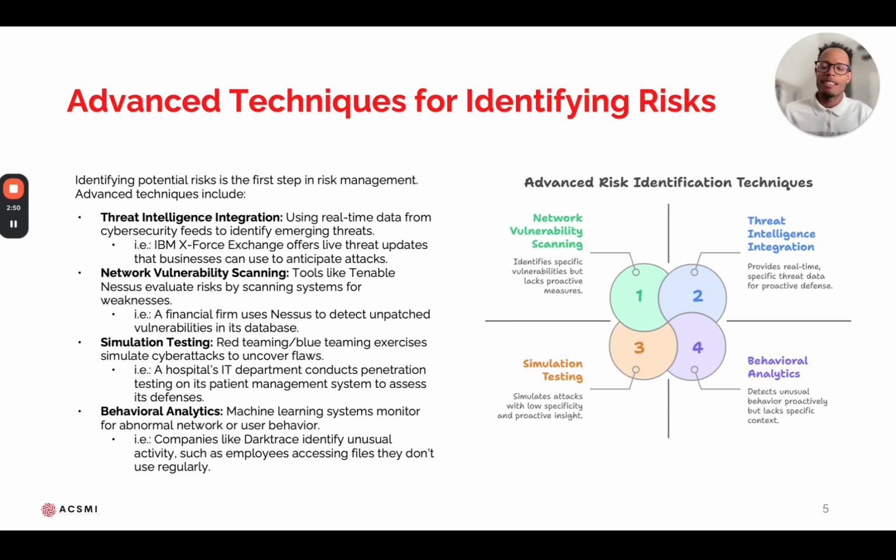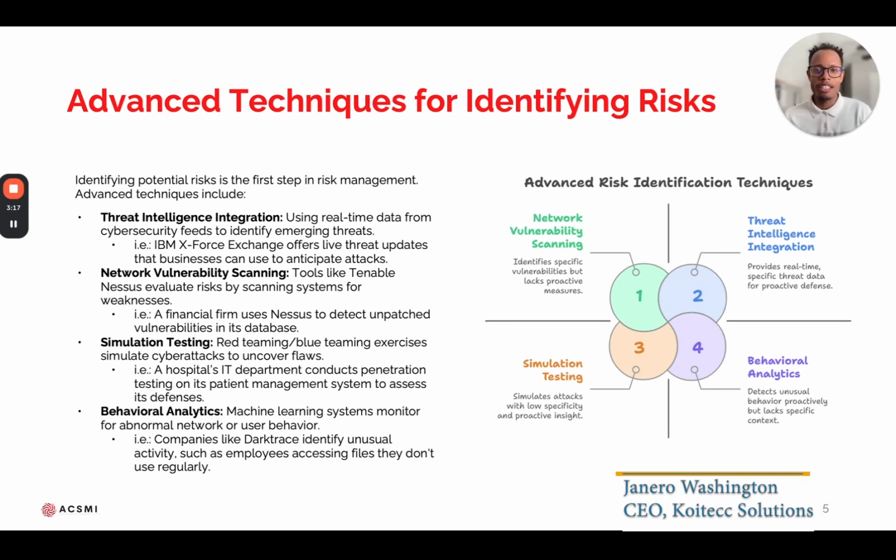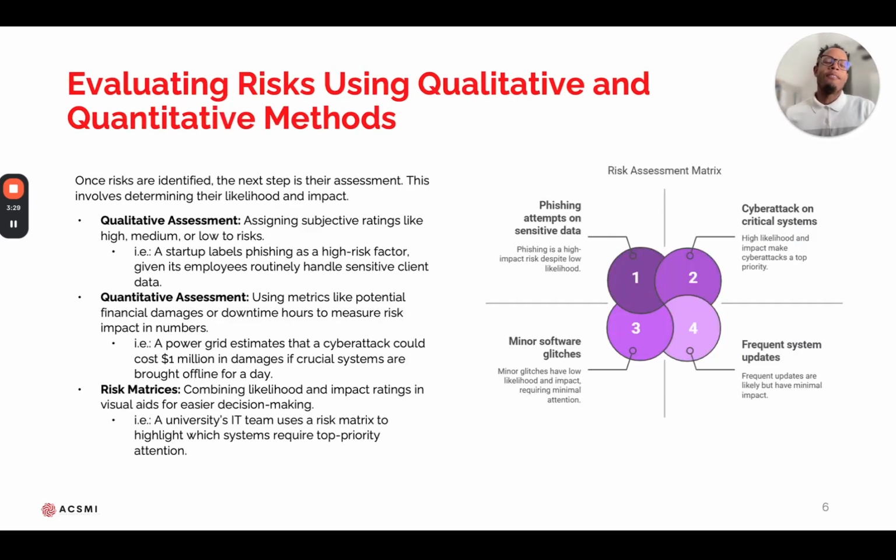And then you want to simulate these tests too. You want to simulate some red teaming and blue teaming exercises that's going to allow us to uncover the different flaws in the network. Yes, you can do a vulnerability scan. It's going to tell you what's vulnerable, but then you want to take it a step further and actually try to test this stuff out. And then you want to look at behavioral analytics. Now, this is going to detect unusual behavior, because think about it. A lot of the different viruses or malware are going to be trying to do things that a normal user or admin wouldn't want to do. Like change permissions, turn on and off a bit, or use regedit to modify a key in the registry. Why would you be doing that unless you had a specific reason? So yeah, you want to look into that.